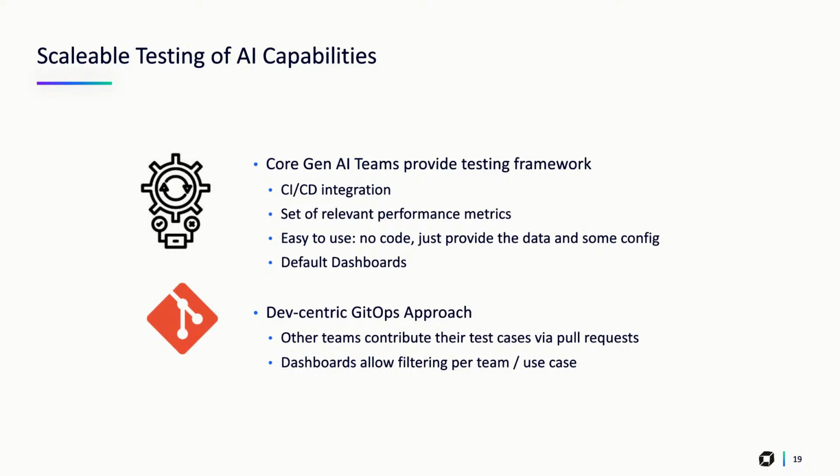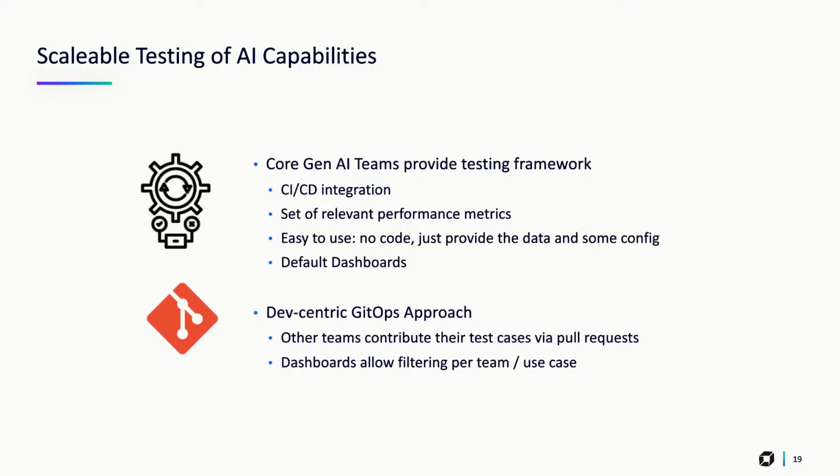And several teams are doing that. And then the question is, okay, team A, which is doing database optimization or database execution plan explanations, the other one is Davis problem explanations, and the other one is doing Kubernetes event explanations. How do they test that their prompts they are formulating don't show regression and that their feature works correctly over time? And what we have been doing is that we have come up with a, let's say, dev-centric GitOps approach